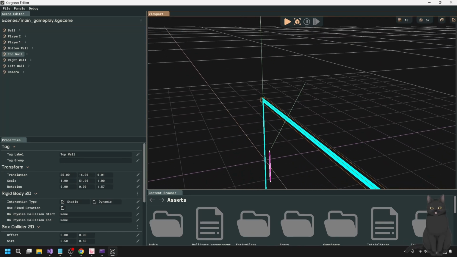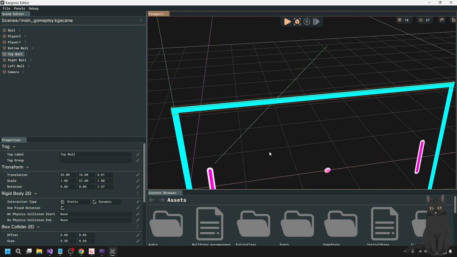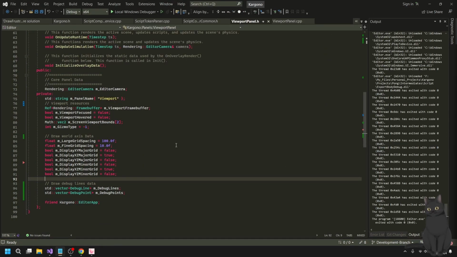Let me see if I can get drawing points to work real quick. Because if I can functionally get them to work, then we're pretty much almost done with this.